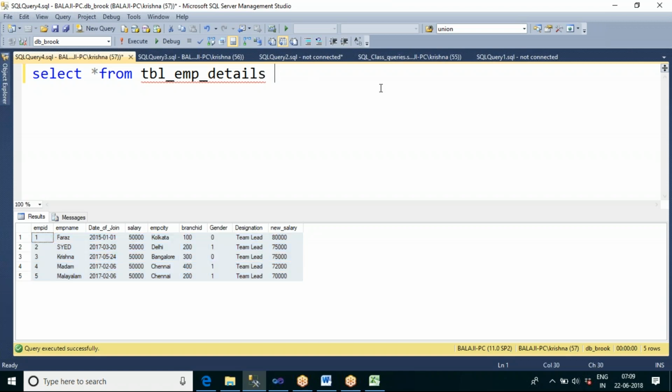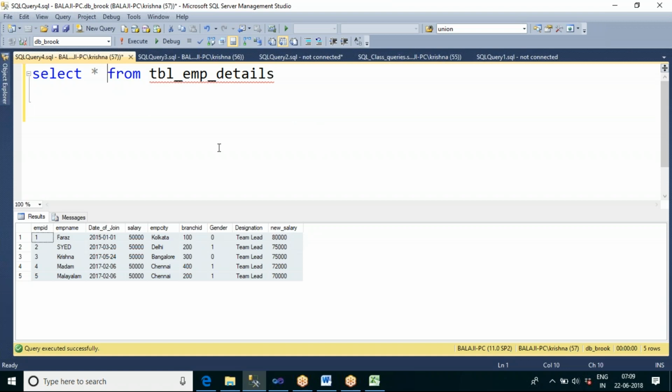Now let us go and see the first one, that is SCD type 0. SCD0 means for any column I set as a fixed attribute, that change should not happen. First of all, let me create a historical table. Let me take a copy of this table, only the column names I need to copy, but not the entire data.